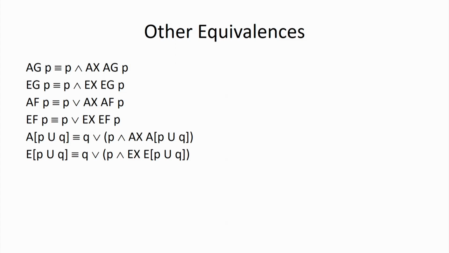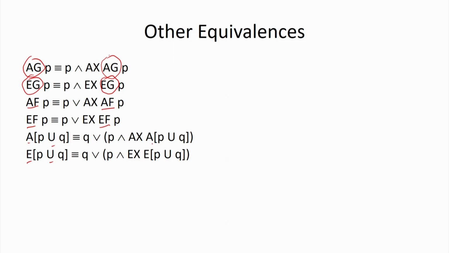So, what is this one? Basically, these are some ways of expressing the operator with the help of the same operator to get some sort of equivalence. So, you just see A G is represented with the help of A G only, E G is again represented with the help of E G. Similarly, A F, E F, A until and E until.